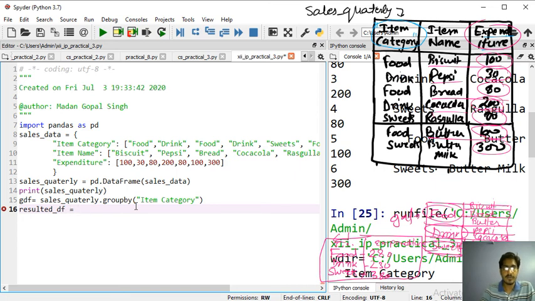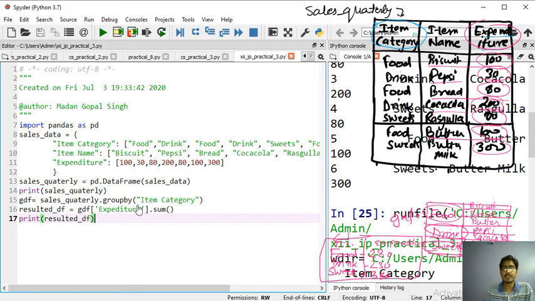So what we do, gdf, then I will write the column name that you want to apply the aggregate function on, the expenditure column, and the aggregate function is sum. So it will return some data frame and it will print the total expenditure. So let me run this, you will be able to see it.